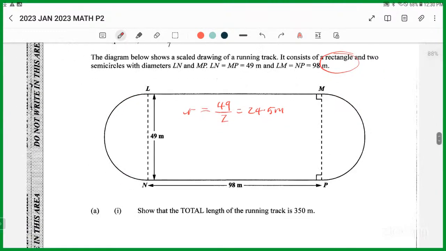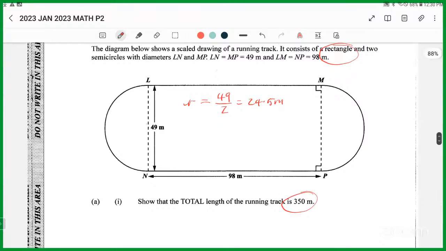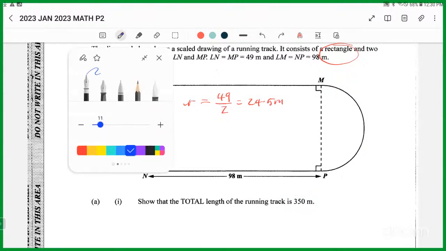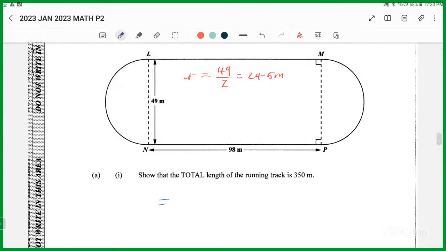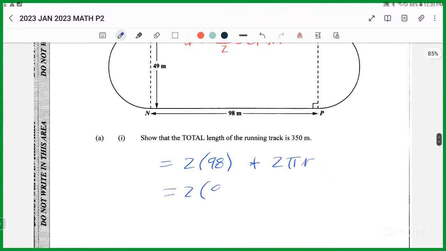A whole circle. So the total length is 350. You calculate the total length and you get about 350. The total length is equal to the distance around it, right? So the 2 long sides, which is 2 times 98, plus the 2 half circles make a whole circle. The circumference of a circle is 2 pi r. There's 2 times 98 plus 2 times